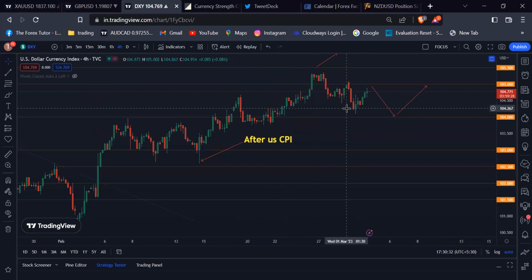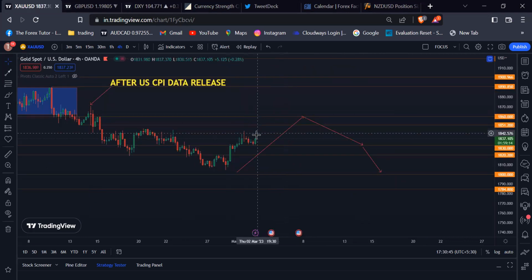The second scenario that can happen is if the dollar index does not break the 105.00 psychological level and falls towards the 104.00 psychological level, then we will see a further pullback on gold around the 1860